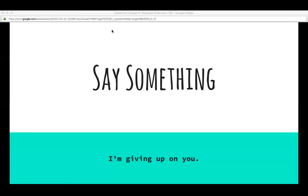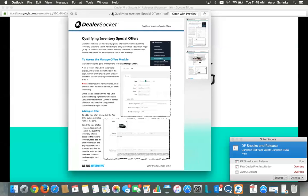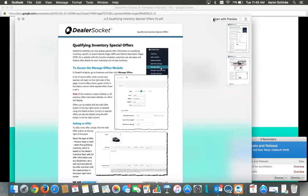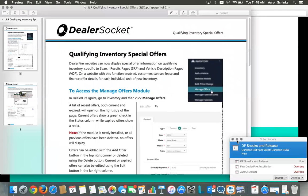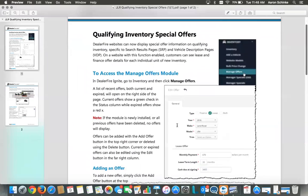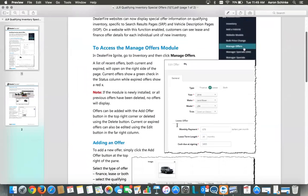As Aaron pulls that up, we're trying to do a much better job of getting technical docs out as well. Over the last 2 weeks, myself and Eric and Genevieve have worked with Jason, who's done an awesome job trying to get everything together for any new releases that we put out. You might remember this from the last Sneaks and Releases meeting. This is similar to incentive merchandising, but it's actually a hyperlink on each individual piece of inventory, on SRP and BDP, based on managed offers or special offers, whatever you want to call it. So lease info,